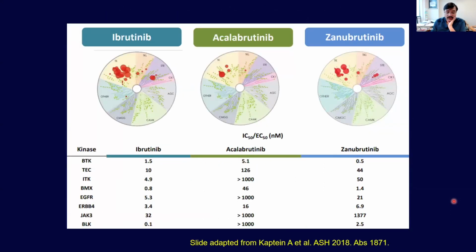But ibrutinib was the first one in the market, but now we have acalabrutinib and we have zanubrutinib as well. And what you see here, the dots on this kinase map, are what kinases these drugs inhibit besides the BTK. And what you see here is that ibrutinib has several off-target effects. Acalabrutinib seems to be a bit more specific for BTK, and then zanubrutinib is kind of in the middle. And that may be why the safety profile of these drugs is different. We see much more side effects with ibrutinib as opposed to the other two BTK inhibitors.